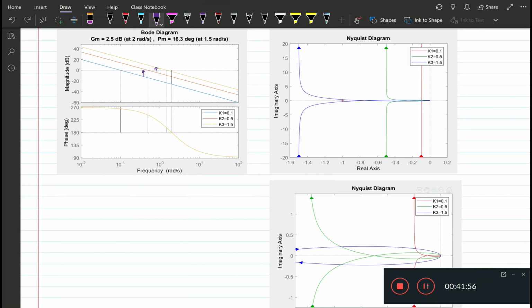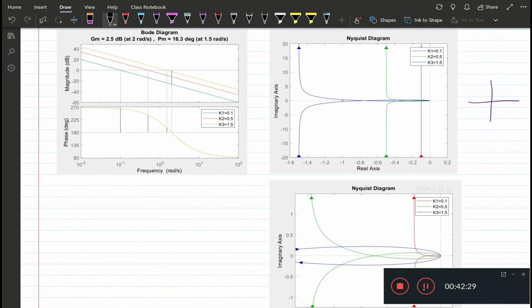With increasing k, the phase remains the same as before, but now interestingly, because we have an upper limit on k, we do have a phase margin, and the phase margin is not infinite, and that we can also see from the Nyquist plots. So the Nyquist plots, if you have a look here, so let me just sketch how the Nyquist plot looks like. So this Nyquist plot is basically again